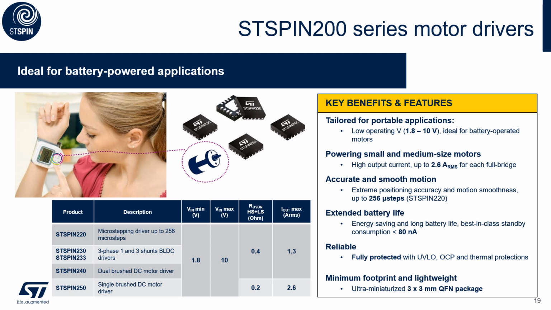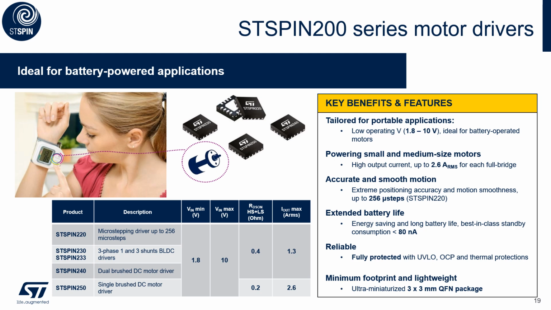see the STSPIN220, which is dedicated to stepper motors. It works up to 256 microsteps, which guarantees a smooth and silent motion and also offers extreme positioning accuracy. Below we see the STSPIN230 and 233, which are BLDC motor drivers, offering a 1 and 2 shunt solution. Below we see the STSPIN240 and 250, which are a dual brushed motor driver and a single brushed motor